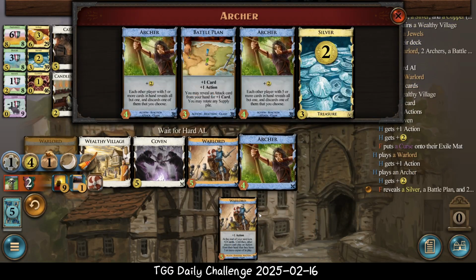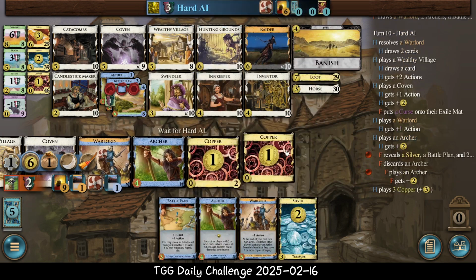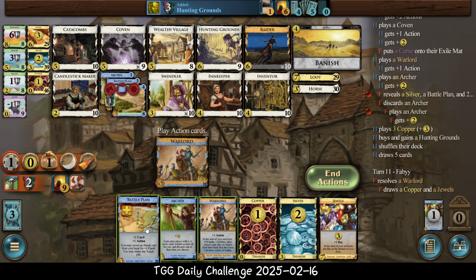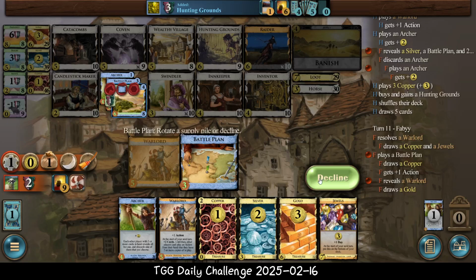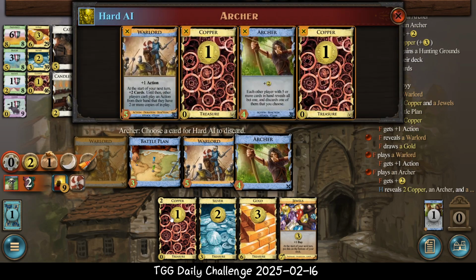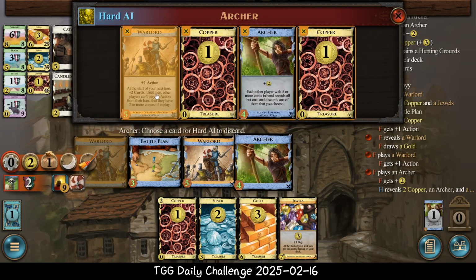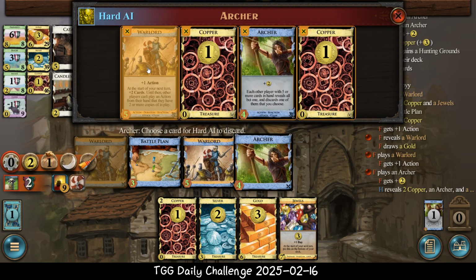Will AI discard the... Okay, we get to Uno reverse. No, we didn't actually, because the AI only had less than 5 cards in hand. Okay, we do not find our village, but that's okay. Now, does the AI... Yeah, the AI already has a warlord in play. So we could try to offset its...